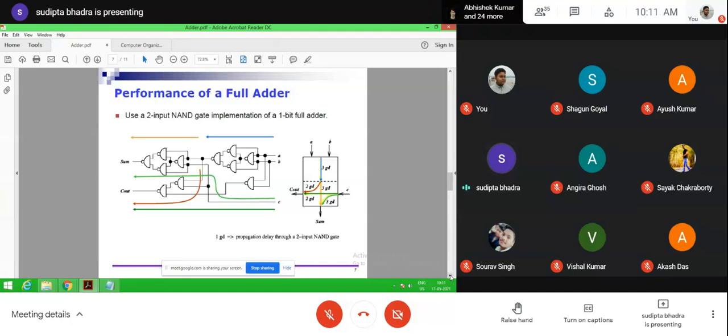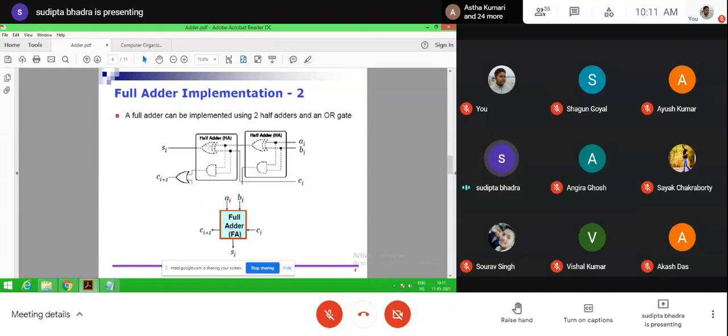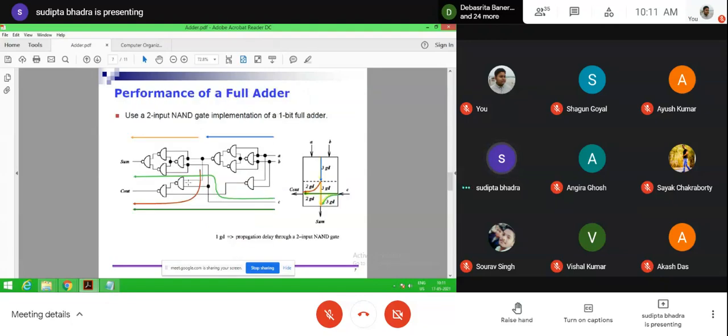Now, if we use two-input NAND gates for a 1-bit full adder, then the circuit will be like this. If we see the previous diagram, this XOR and this AND, this OR, all are represented here by NAND gates.